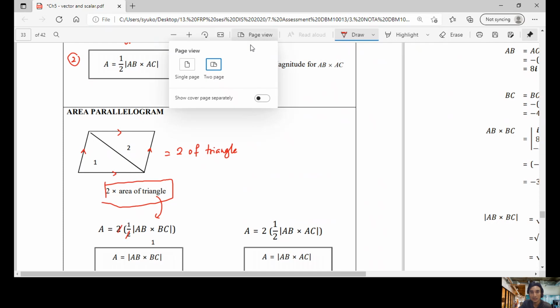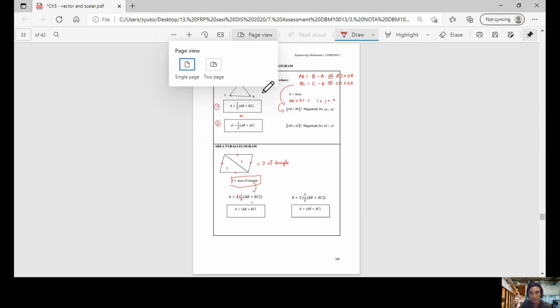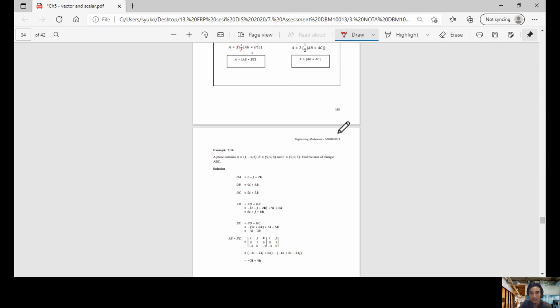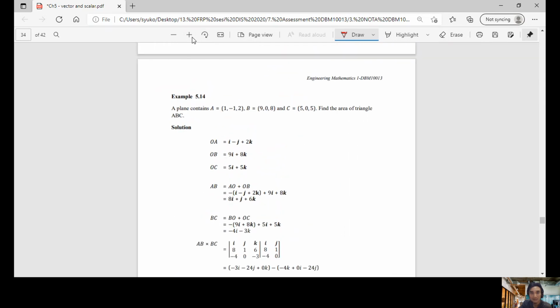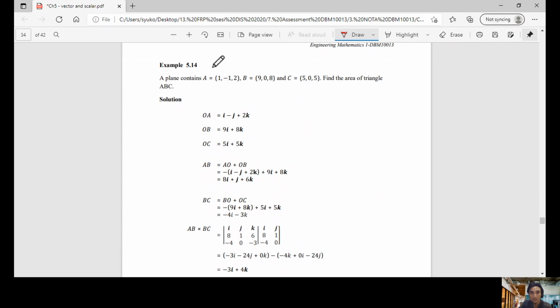Okey, so student kita tengok contoh yang pertama. Okey, yang penting awak kena faham bentuk triangle dan bentuk parallelogram, kemudian awak kena ingat ataupun tahu dia punya formula. Okey, kita tengok example